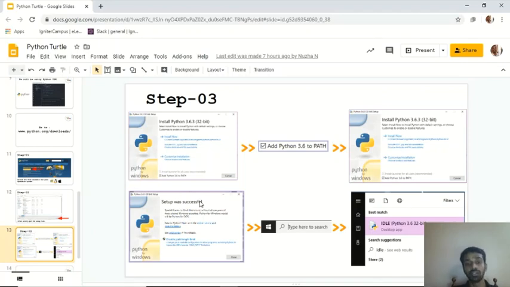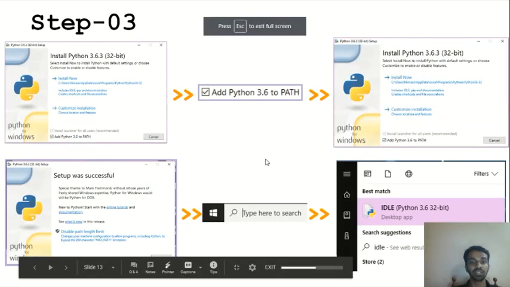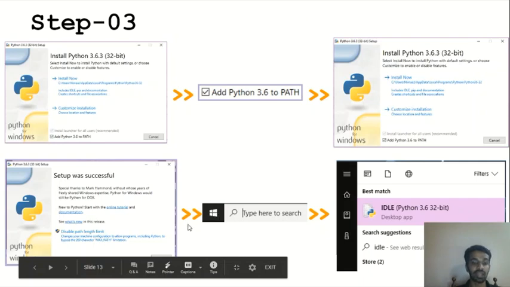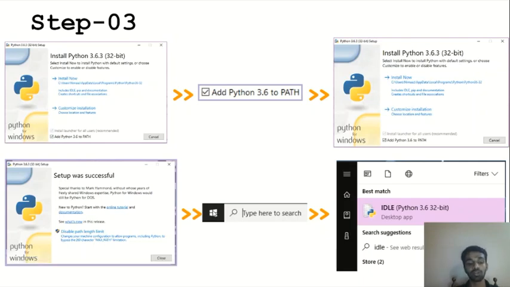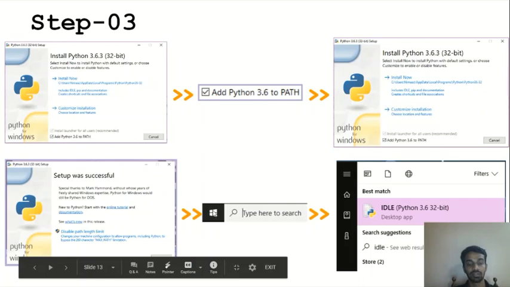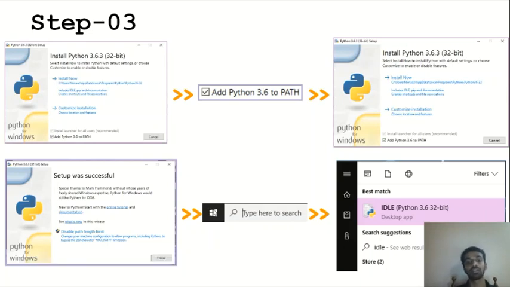Now I have downloaded it, so I have the program, right? What I do is I click on my Windows button. You guys know the Windows button, right? The Windows button is actually this button on your computer, next to your Alt button, or the space bar on your left side. If you are using Windows 8 or higher, you have an icon like this, but if you are using 7 or lower, you have a colorful icon, right? On the keyboard it is very similar. Once you click on that button,